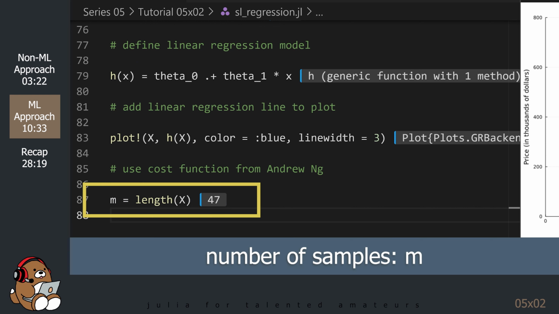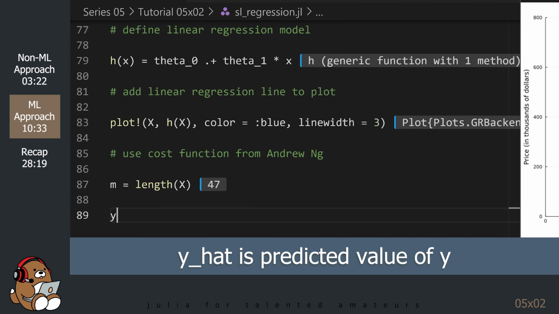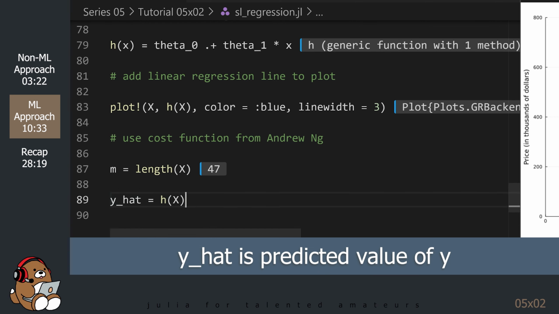Here, the variable m refers to the number of samples. It does not refer to the slope of the line. Other instructors may use the uppercase letter N for the number of samples, but I'm using m in order to stay consistent with Andrew Ng's notation. The variable y hat is sometimes used for the predicted value of y, which is how it's being used here.